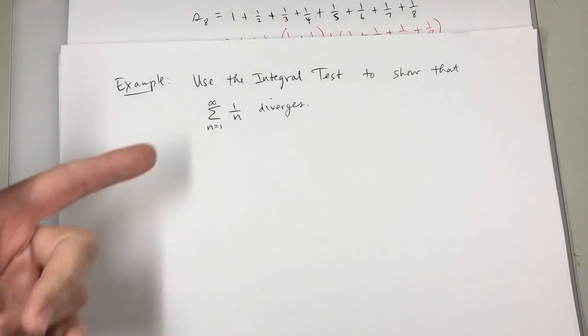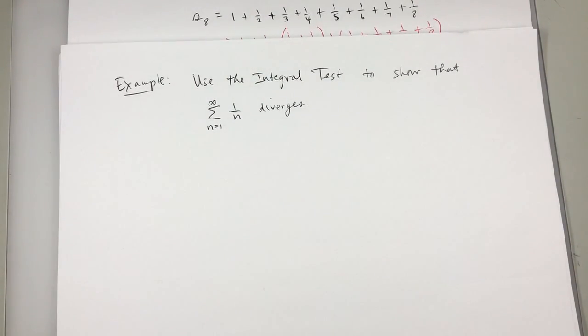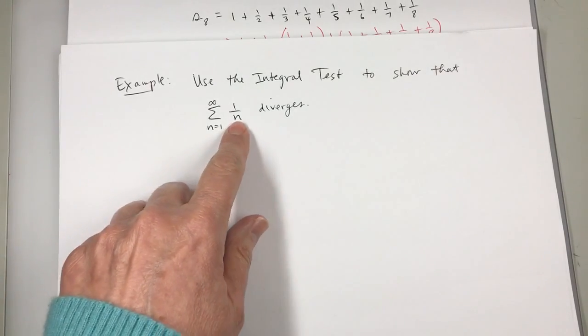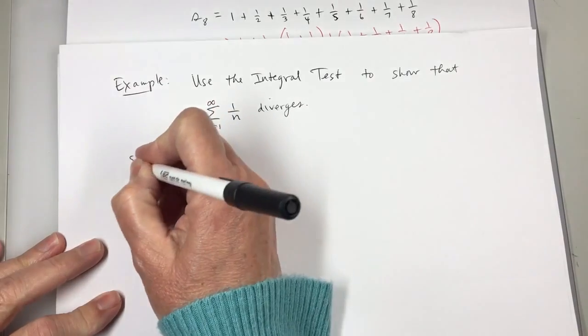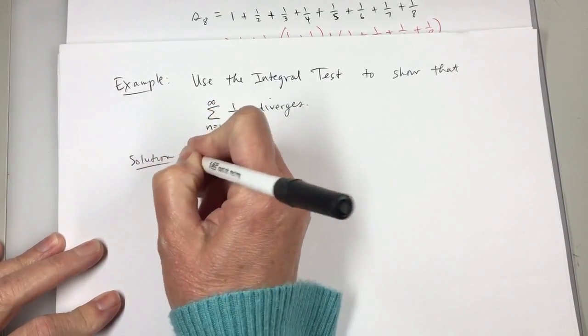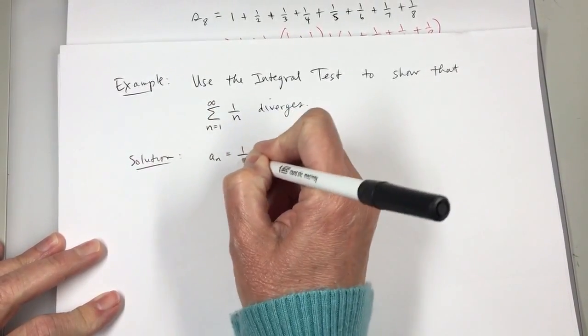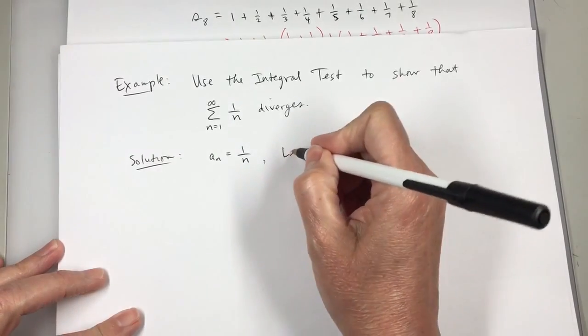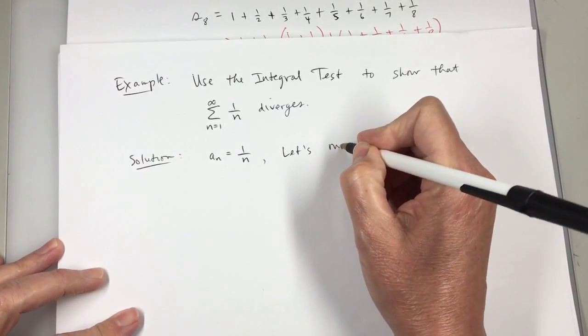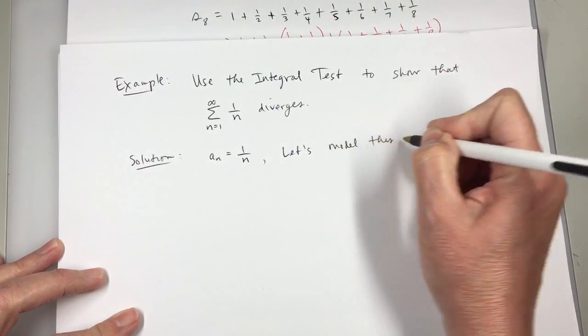that I have this series, and we have just shown already that it does diverge, but we'll show this also with another technique. So what I'll do is I have the sequence part, the A sub n part. Here I'll write solution. A sub n is 1 over n. What I will do is I will model this with a function. Let's model this with